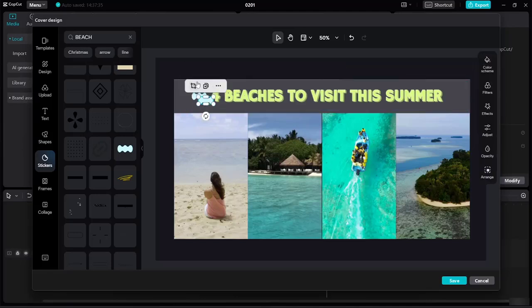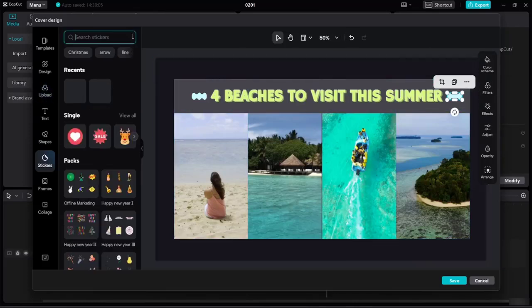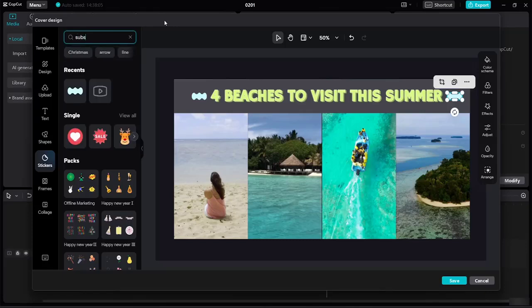Once I have placed this, again I can click on this sign over here called duplicate. So I have duplicated this layer, and I will place this duplicate layer right over here as well. This part is basically done, and now I need to select the top part. Here under stickers, if I type subscribe,